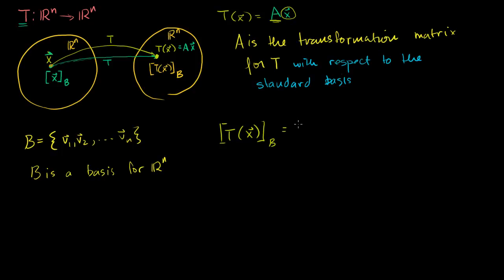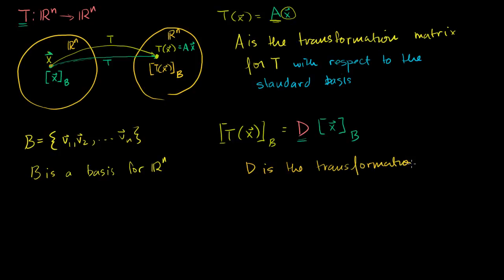Let me call that other matrix D, times the coordinates of x with respect to my alternate non-standard coordinate system. I should be able to find some matrix D that does this. And then we would say that D is the